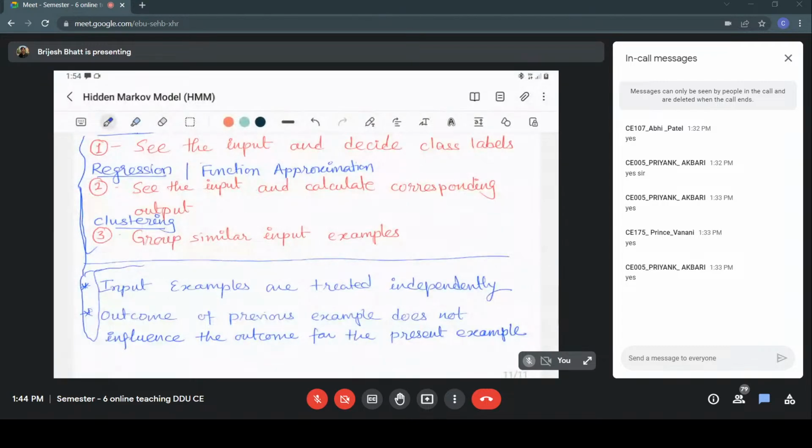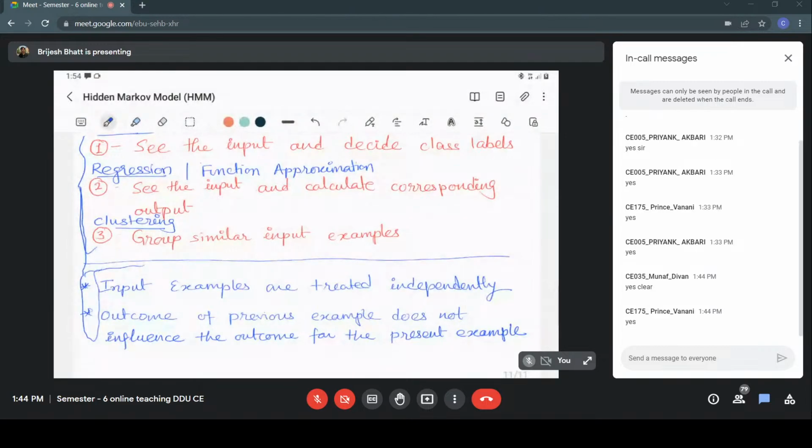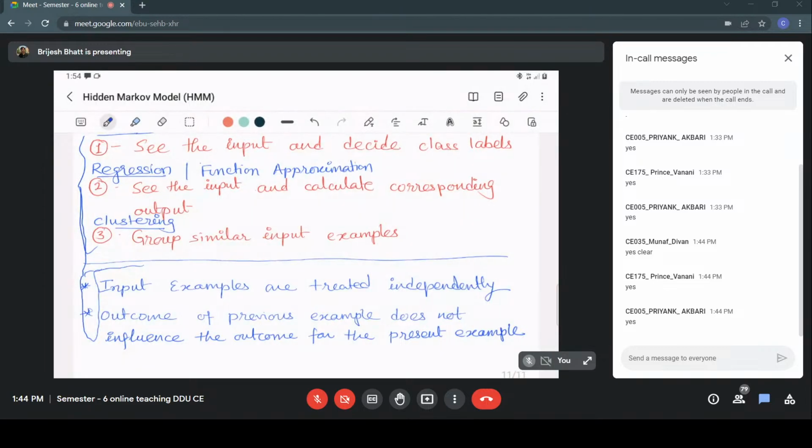Is this understood? Any questions on this? Okay, Muna says yes, it is clear. Prince also says clear. Okay, good. So now, then, so why I'm talking about this is because we are